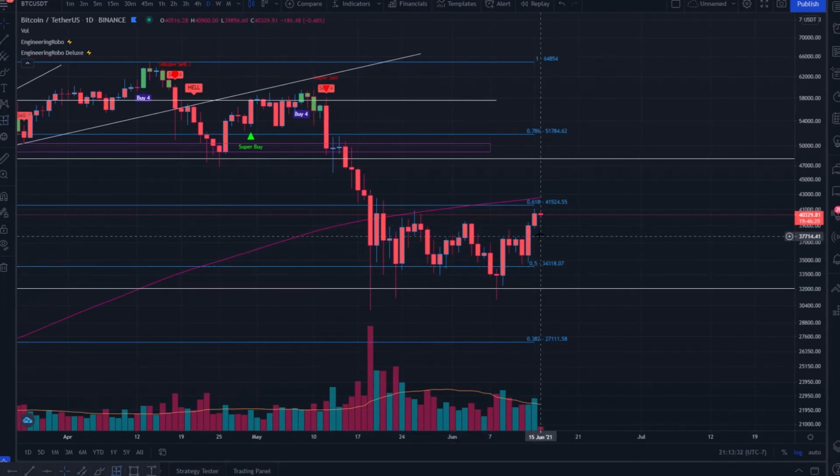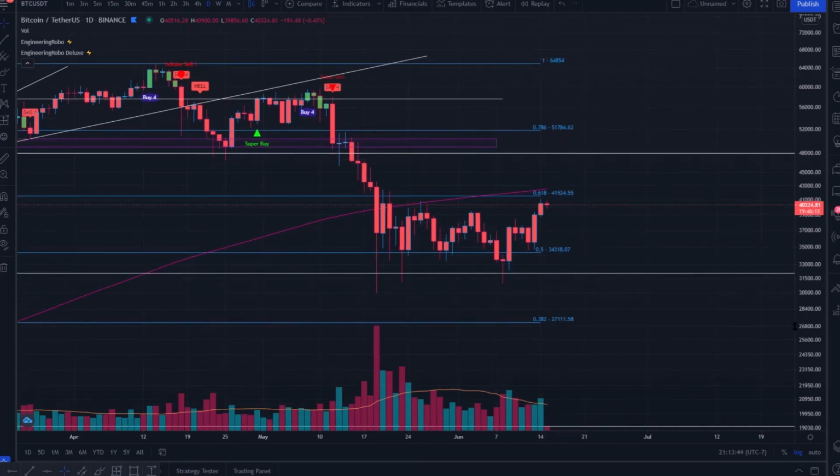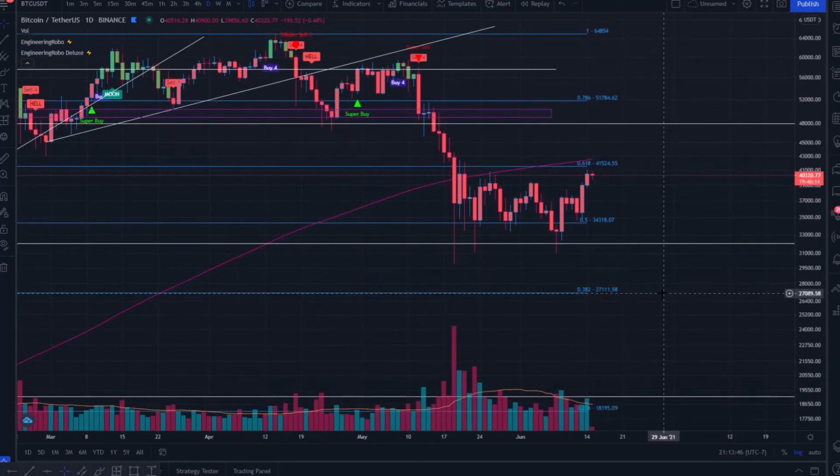And if we were to get that rejection off of it, we could suspect perhaps another month of continued sideways or downside, if you will, as we find our way back toward that 0.5 Fibonacci line, perhaps even to more significant support at 32K. My most bearish target is going to be 27,000 at the 0.382 Fibonacci line. We don't look bearish enough to make our way down there, but we will have to see how the interaction